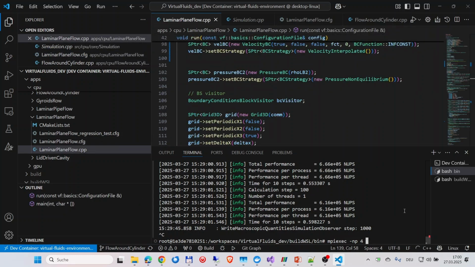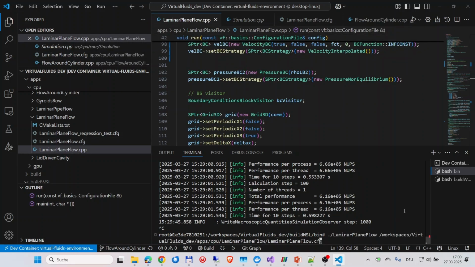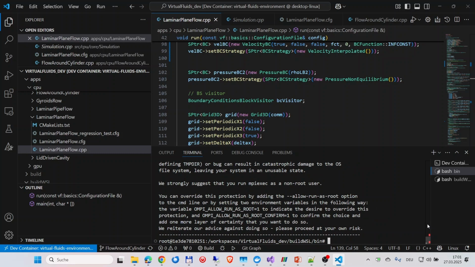And then the same thing, your binary with the config file. If you start this, it doesn't work in a container. If you don't use a container, it should work out of the box,